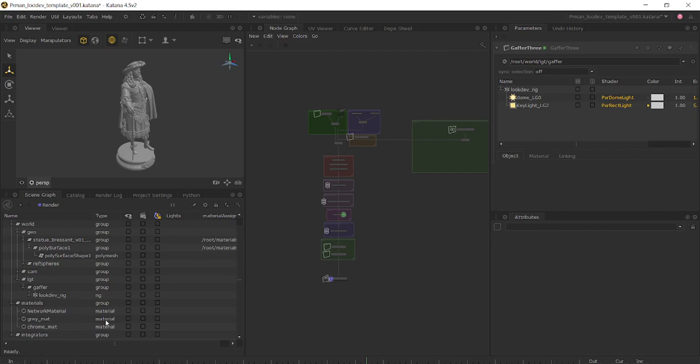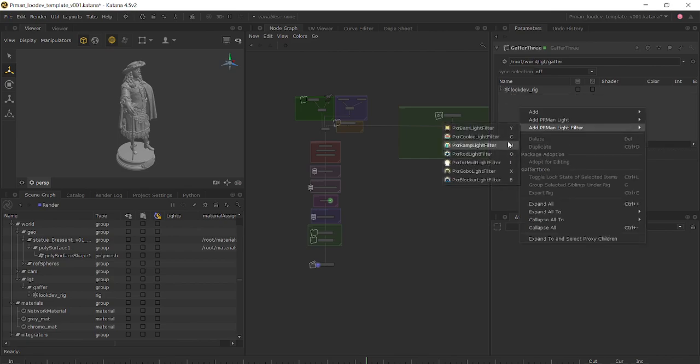I wanted to do a quick tutorial about using blockers in Katana because someone asked me about having a blocker which is not parented, which is not a child of your light. So, what do I mean by that? Let's just create a new